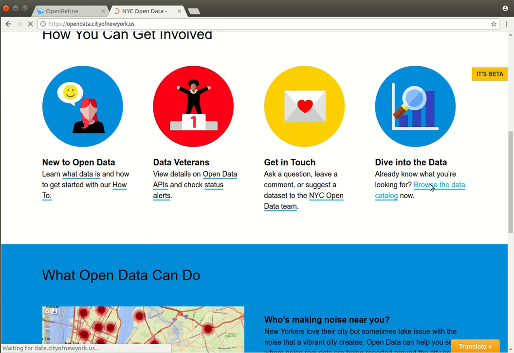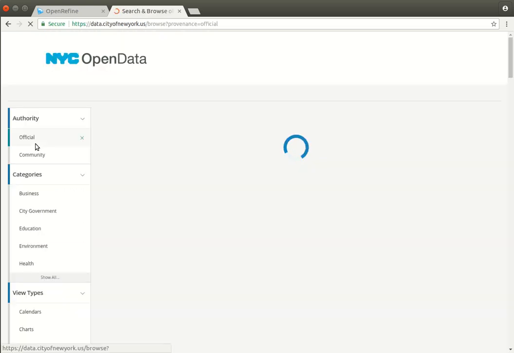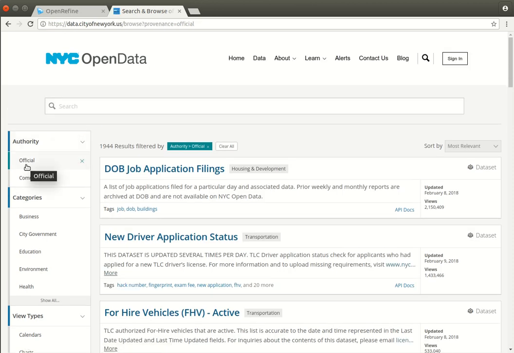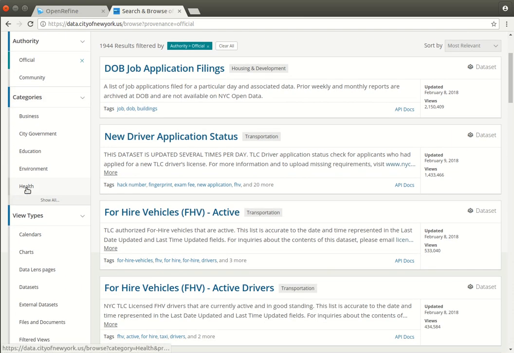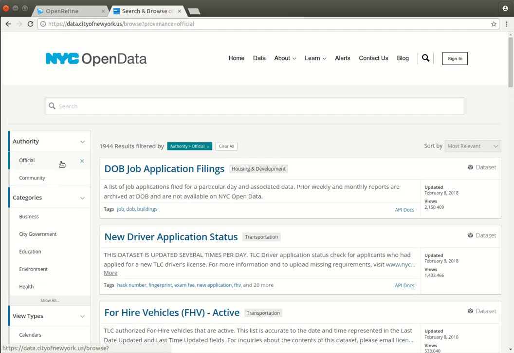However, I'm going to go here and just go into the data catalog, and they've done some nice categorization here. You'll see that there are two options for the quote-unquote level of authority. So there's official data, and then there's community contributed data. And then they have a bunch of categories, but you can also do a keyword search. So I'm going to choose official data here. I want to work with data that's been collected and sort of vetted by the city. And then I'm just going to put in immigration here,